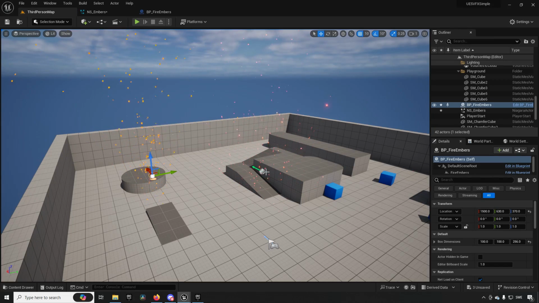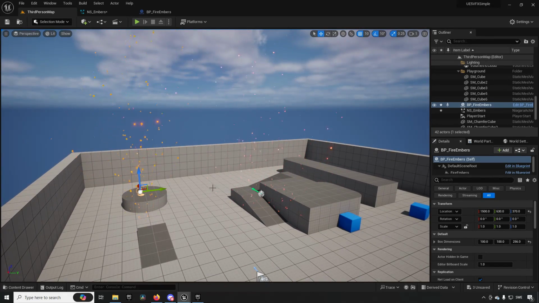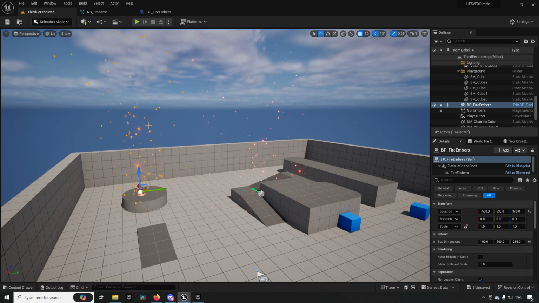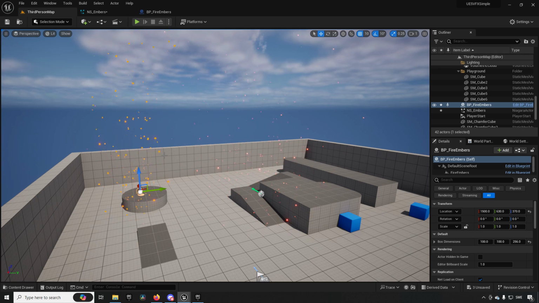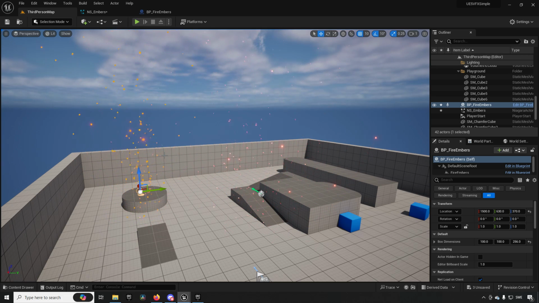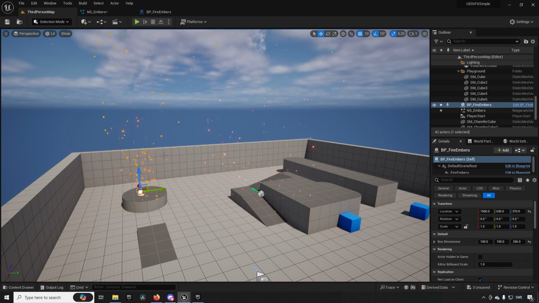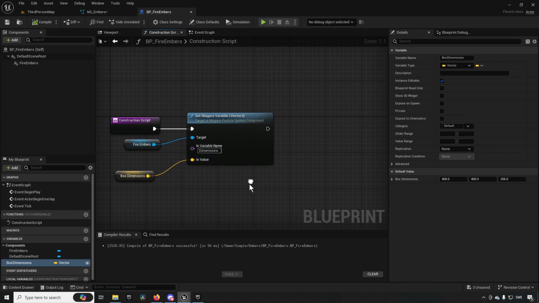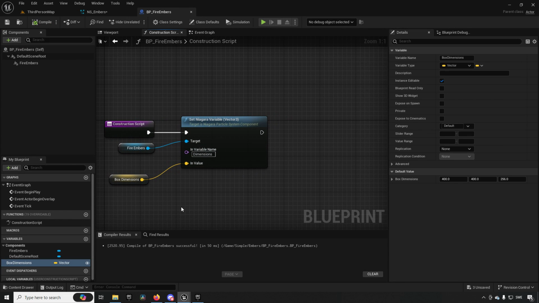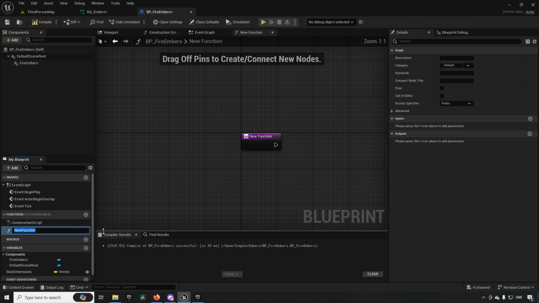One of the issues you might be noticing is that even though it's smaller, the amount of particles is the same, essentially. It varies a little bit depending on their life sizes, lifetimes and such. So we might want to create a system that's actually taking into consideration that we want to have a certain spawn rate of particles based on the volume that the particle system actually is taking up. So this is what we can make use of our blueprint for here, for example. So we can create maybe a function. Let's call it calculate